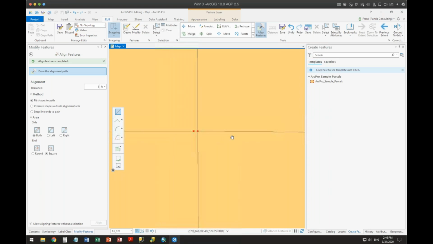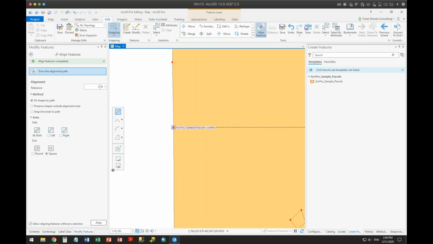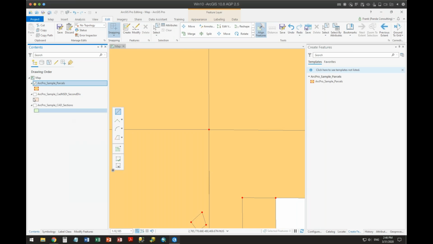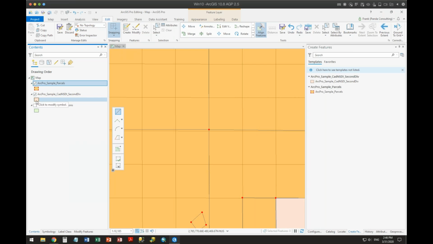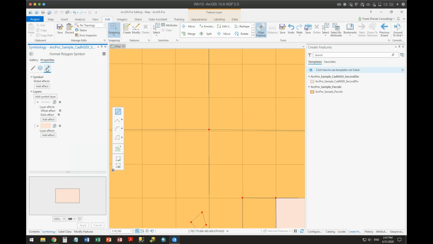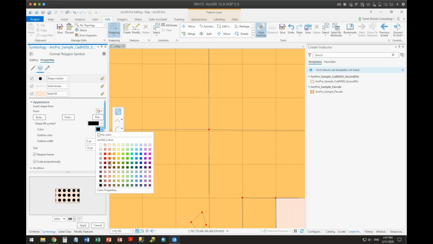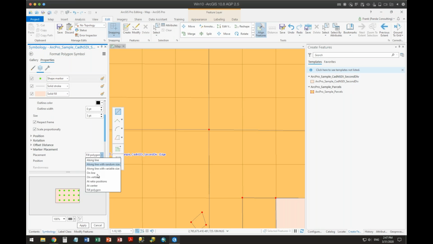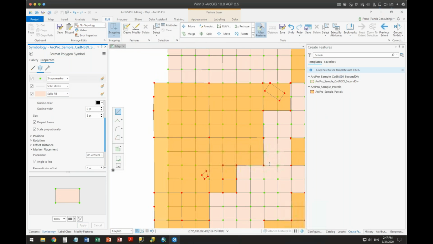So again, you're now able to say, okay, well, let's take and clean up this data and do it that way. So let's symbolize this one again. I'm going to structurally add a new marker on here. I'm going to symbolize that and make that green, and I'm going to symbolize it at 5 point and put that on my vertices. All right. So now I can see that I have these things misaligning.